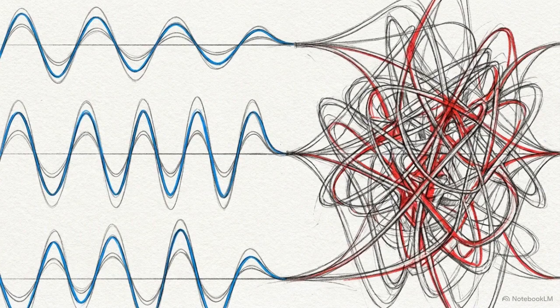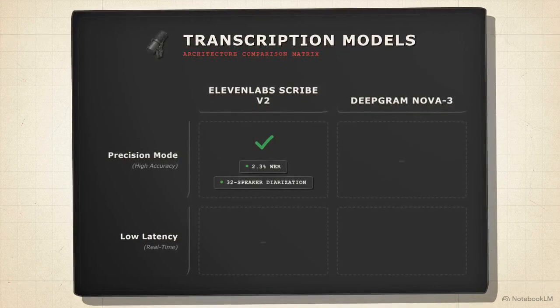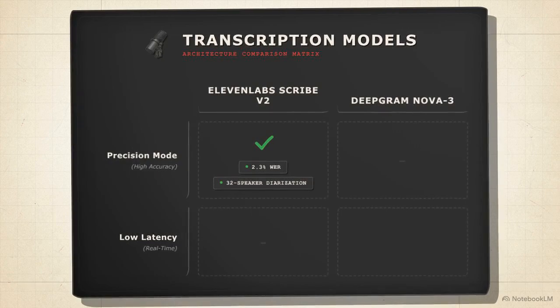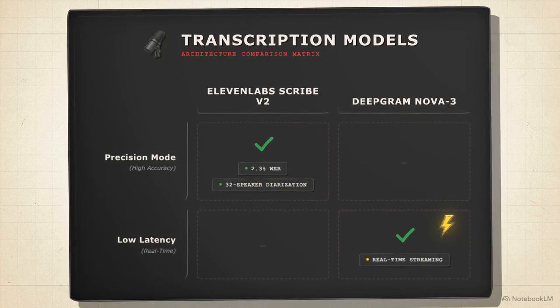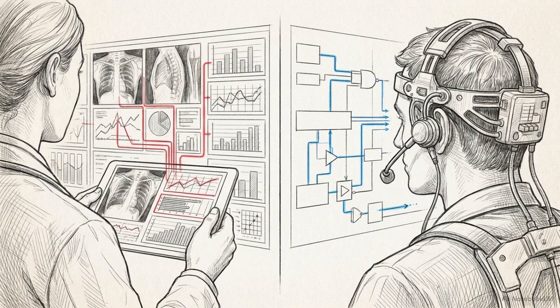The same strict specialization applies to how your AI listens. Basic speech-to-text models can struggle when encountering heavy accents, overlapping speakers, or niche industry jargon. Evaluating audio infrastructure requires different priorities. For medical and legal records, 11 Labs Scribe v2 is designed for high accuracy, handling complex terminology and multiple speakers with an extremely low word error rate. But if you are building a live voice agent or a call center application, latency is your primary concern. DeepGram Nova 3 provides the high-speed streaming required for instant interactions, prioritizing speed. Deploy 11 Labs to prioritize accuracy in complex data processing, or deploy DeepGram to prioritize instant response times in live